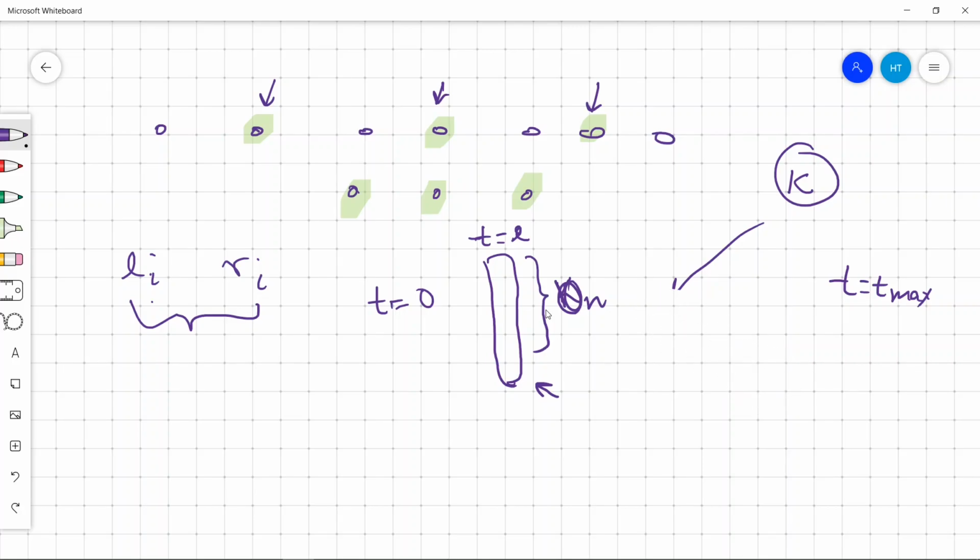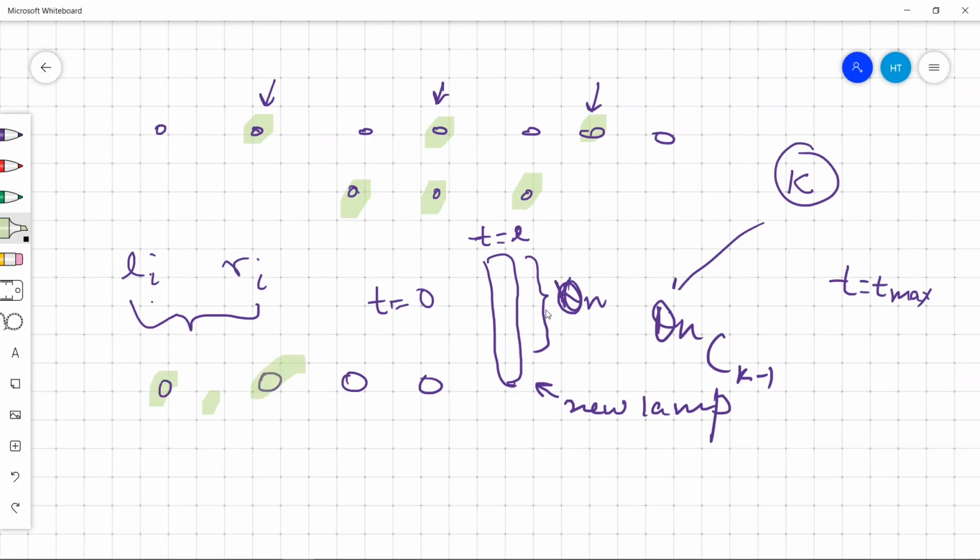We choose K minus 1 lamps out of these particular on lamps, because we can add this new lamp with any of the K minus 1 lamps. So these are K minus 1 lamps that are on and a new lamp comes in. This is the new lamp here, turned on at this particular moment t equals L.